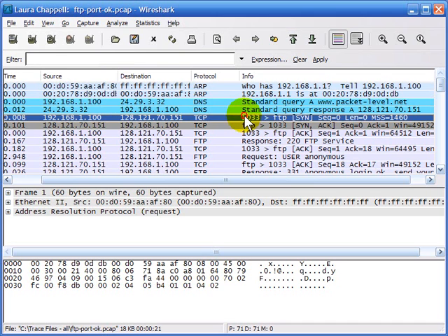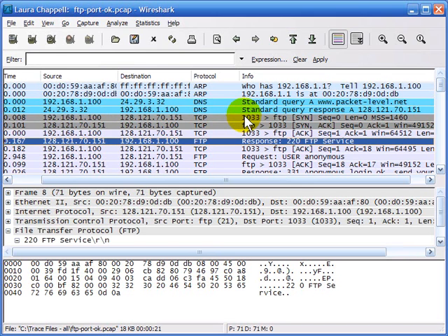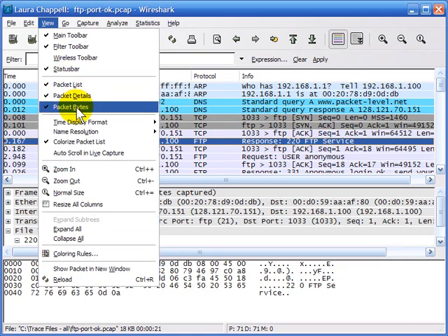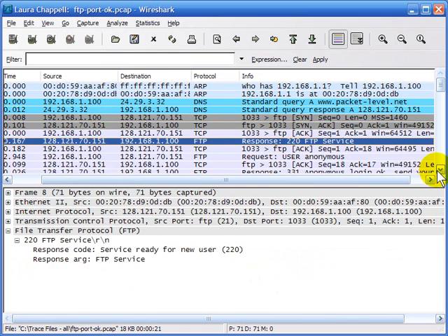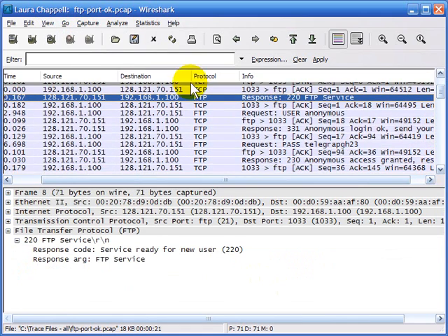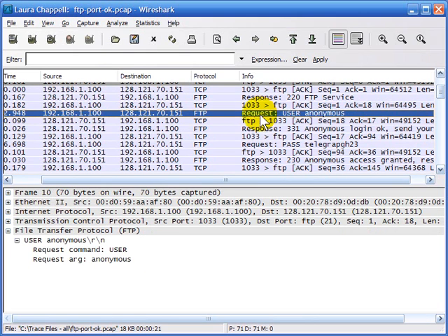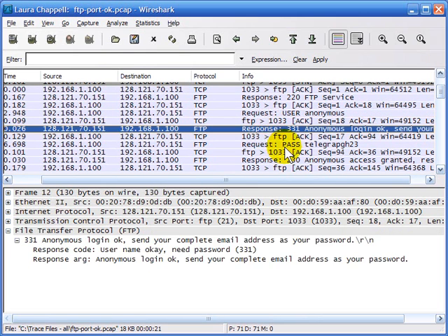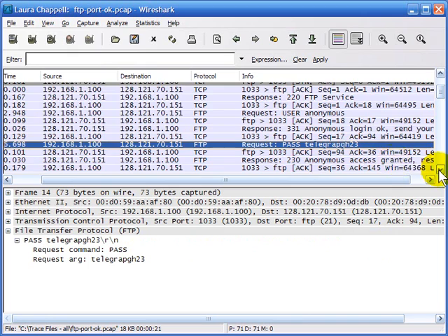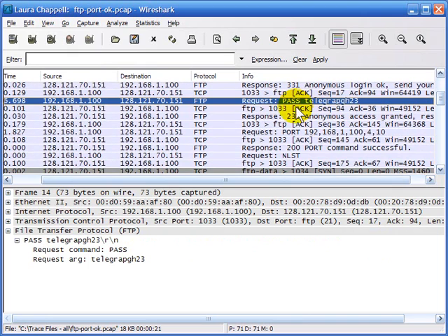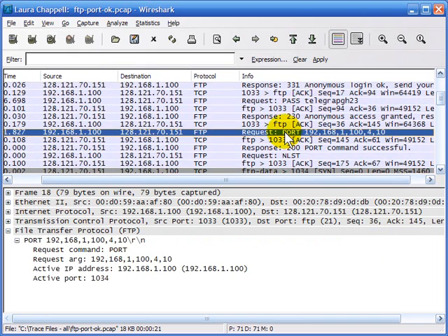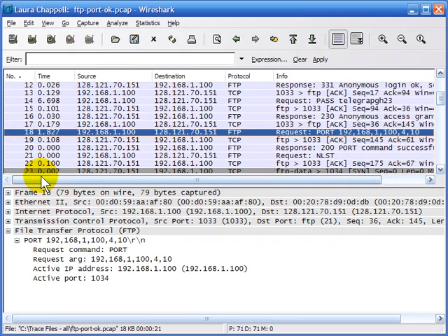So here we can see the three-way handshake, and we see the server come back with the banner. Now I'm going to get rid of the packet bytes window because we don't really need that. And the user logs in as anonymous with a password of this funky telegraph something. Everything seems to go well, and then when we get to packet number 18, the user sends across